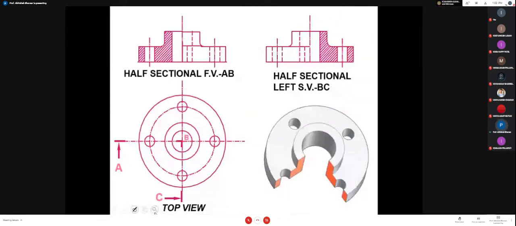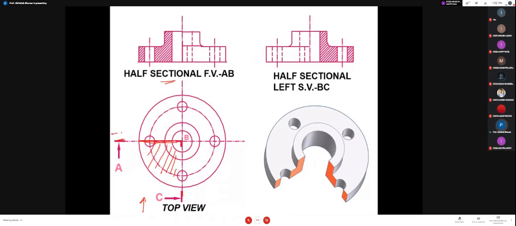Now see what we are given. We are given a cutting plane like this. It is starting from here, it is moving up to the center. See here it is made darker, here it is also made darker, and at the end it is made darker. So if we are watching from here, we have to remove this portion, and after removing, I have to draw how my job will look. I will find that this portion is parallel to the vertical plane. That's why in the front view I will get the half section view.